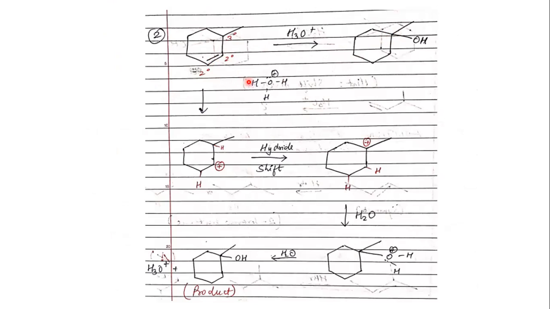So the first thing that is going to happen, just like always, is your proton from H3O plus is going to attack your pi electron cloud. So either it can attack this carbon or it can attack this carbon. If it attacks this carbon, like here that I have shown, you will get a positive charge here. If it attacks this carbon, you will get a positive charge here. So ideally, the proton will attack this carbon, forming a bond here, whereas the positive charge is developed here.